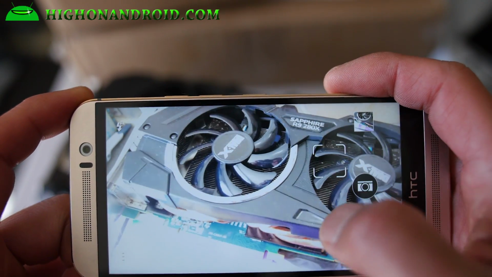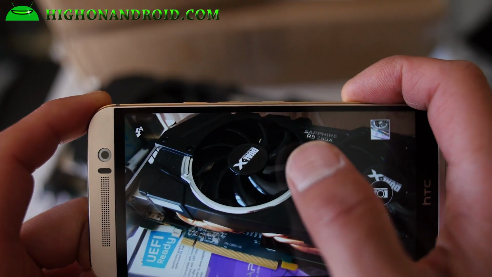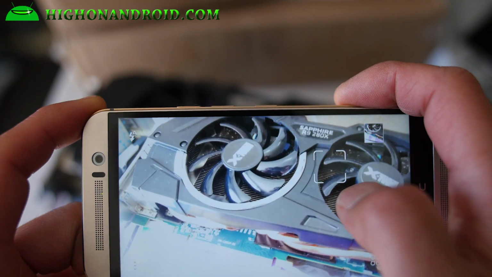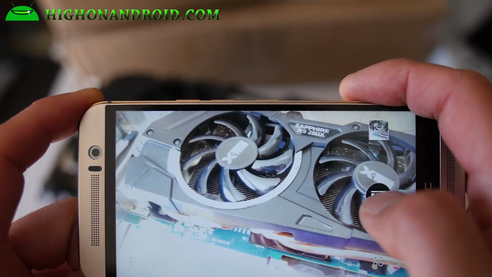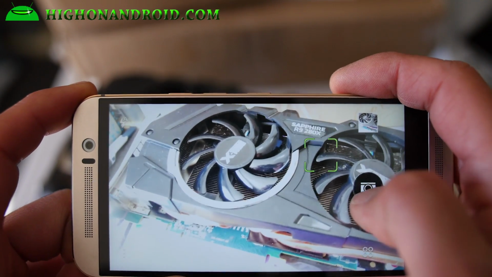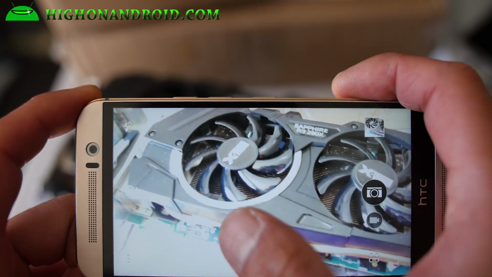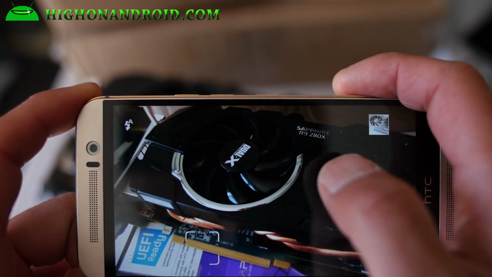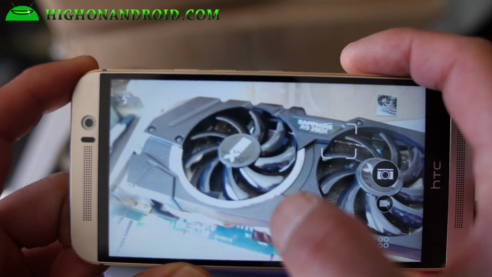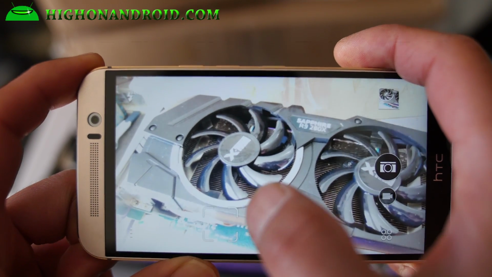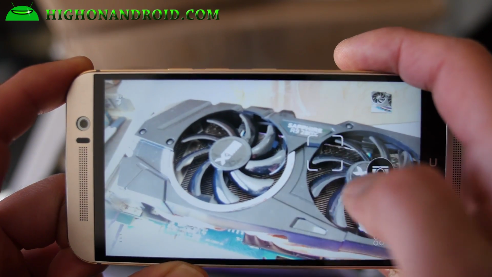Depending on where I focus, see how the exposure is way off? If I focus over here and take a shot, let's say I want to focus here and take a shot, I can't do that with the HTC One M9. I'll have to focus on something else. So this is clearly an exposure problem where the software on the M9 does not set the exposure correctly,